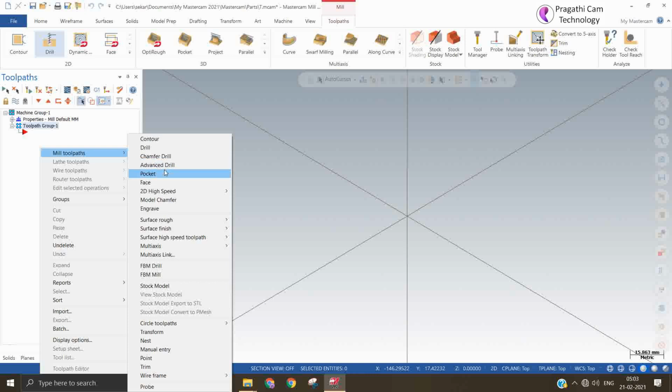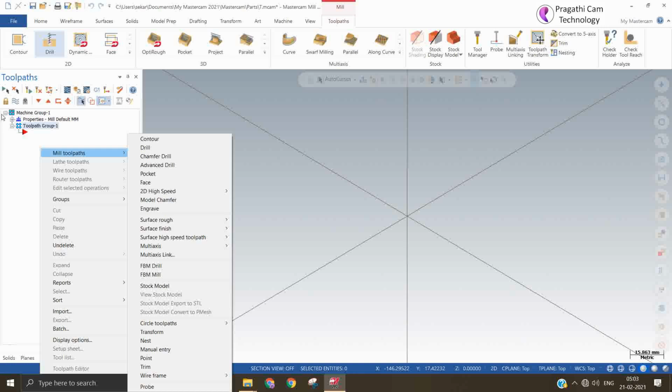These are the two options. This was added in the new versions; it was not there in 2020 and 2021. So these two new drill paths we are going to see now.